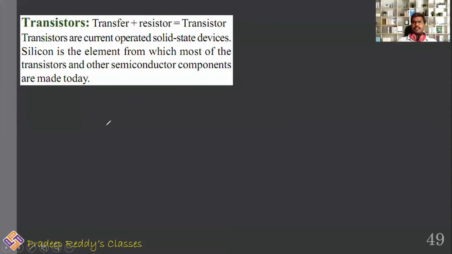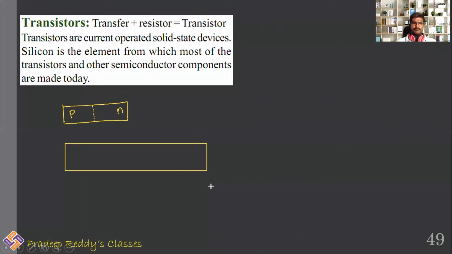So we have already discussed the PN junction diode in the previous videos. A PN junction is where we take a pure semiconductor and divide it into two parts: one side is doped with P type, and the other side is doped as N type. We are doping impurities in such a way that there are only two regions in a junction diode. Now let me take a pure semiconductor.